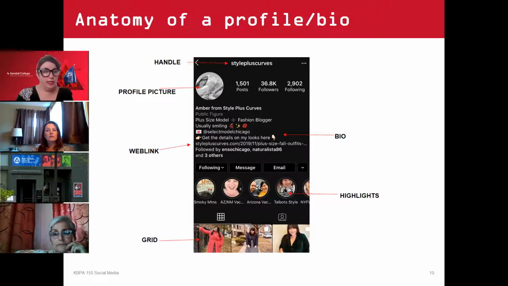It's a really great, clean way to let people know what's going on, who you are, what they can expect from your feed. And you want it to speak towards that. You want it to talk about what they're going to be seeing in their feeds so they know what to get from you.